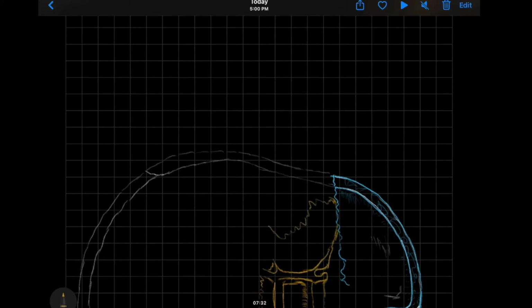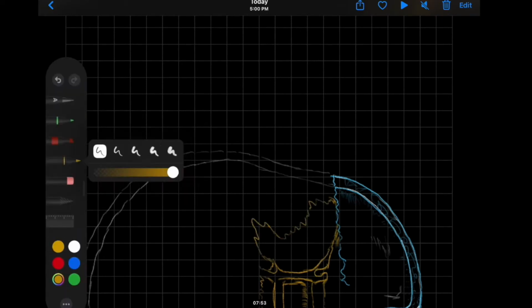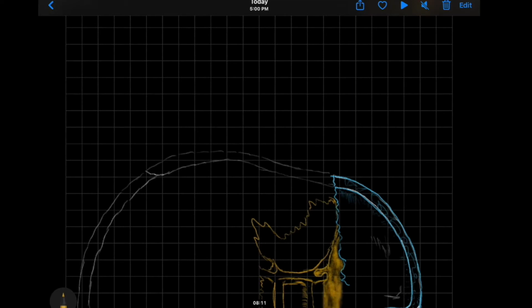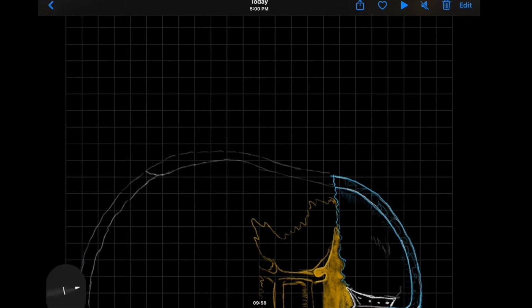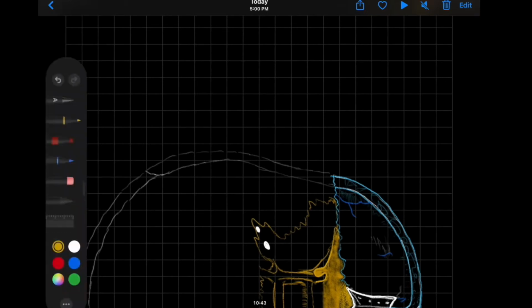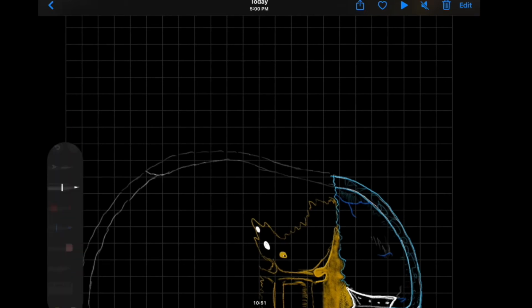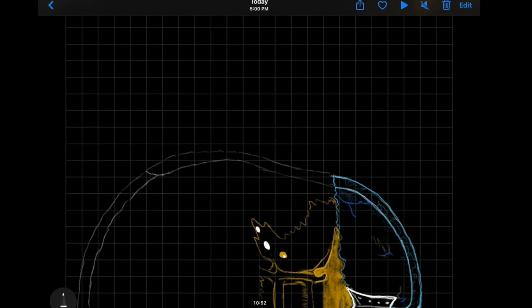This is the greater wing of sphenoid bone, which we can see in this view. This is the ethmoid bone, and you can see the cribriform plate, and see how beautifully the sphenoid bone is attached to the ethmoid bone, and these are the markings of the veins. And here we have foramen ovale, and small one foramen spinosum, and one more foramen which we can see in this view is foramen rotundum. You can see the yellowish part.